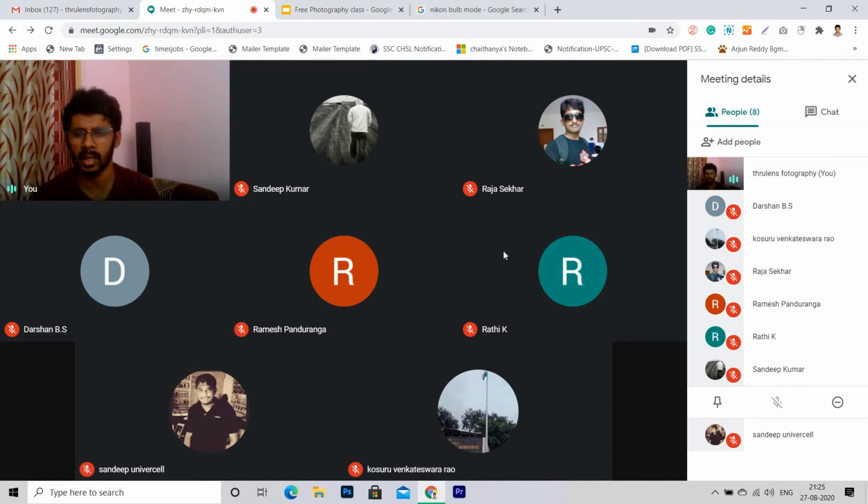So basically bulb modes are actually very much common. I'm not sure about that. Maybe I'll also explore and let you know if Nikon does have a bulb mode. But basically, even if you don't have a bulb mode, it will be achievable in manual mode. So any other question?